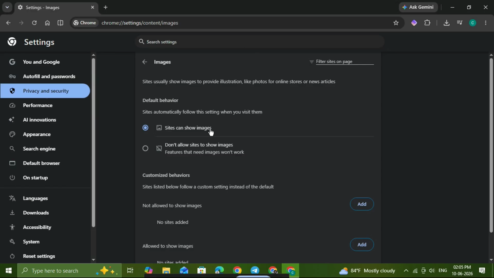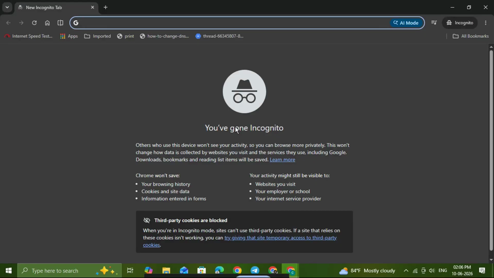again across websites. If images still are not showing, the next step is to isolate a faulty extension using Incognito mode. Some content filters, script blockers, or ad blocking extensions can incorrectly treat images like trackers and stop them from loading. To test this, press Ctrl, Shift, and N on Windows or Command, Shift, and N on Mac to open a new Incognito window. Then go back to the website where the images were failing to load. If the images appear normally in Incognito, that means one of your extensions is causing the issue in your main